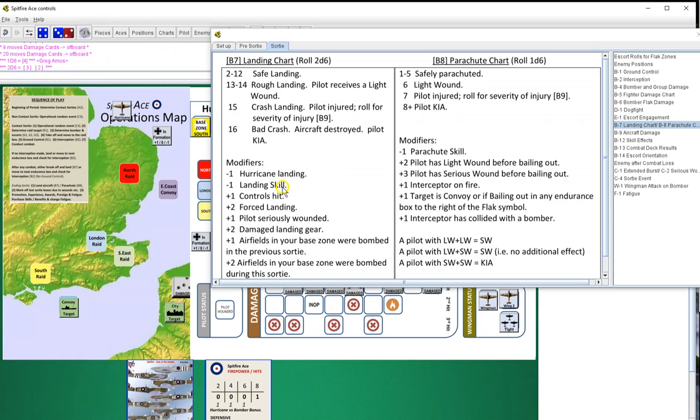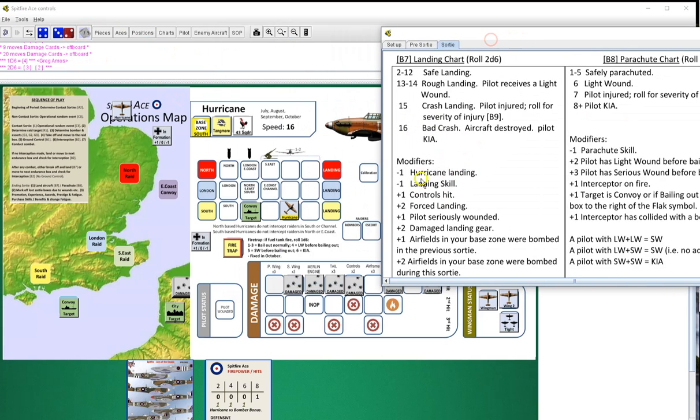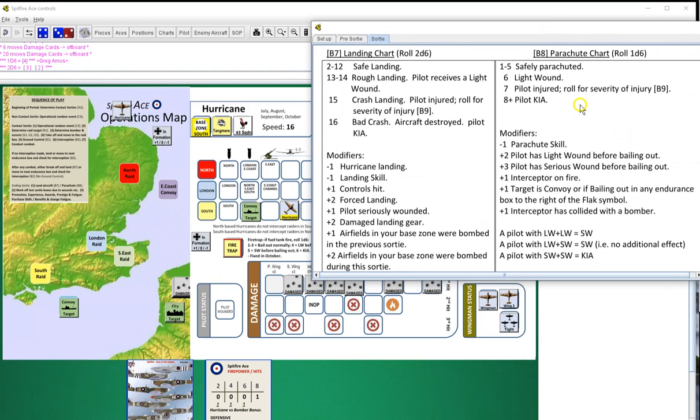5, 4, 5. Oh no, we're parachuting. We're over the channel. So that'll be a 5, 1 die 6. Sorry, 1, 2, safely parachuted. So once again, we safely parachuted, but we did take him out because we have the eyewitness that